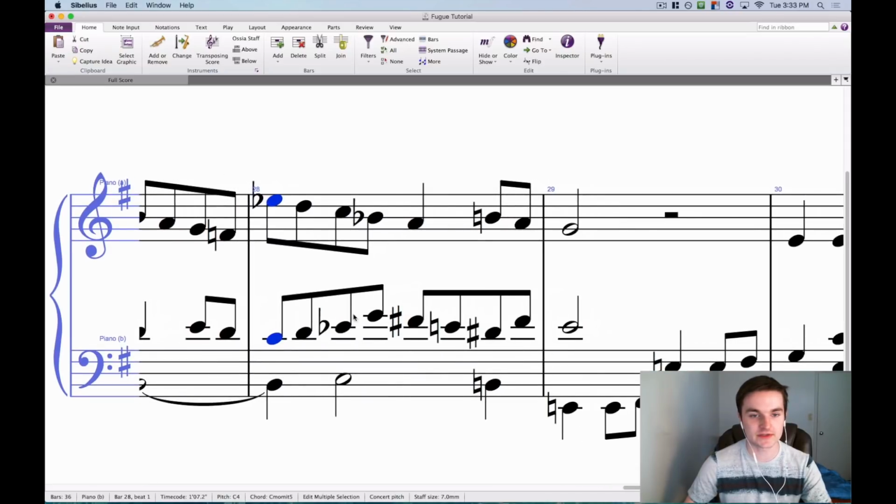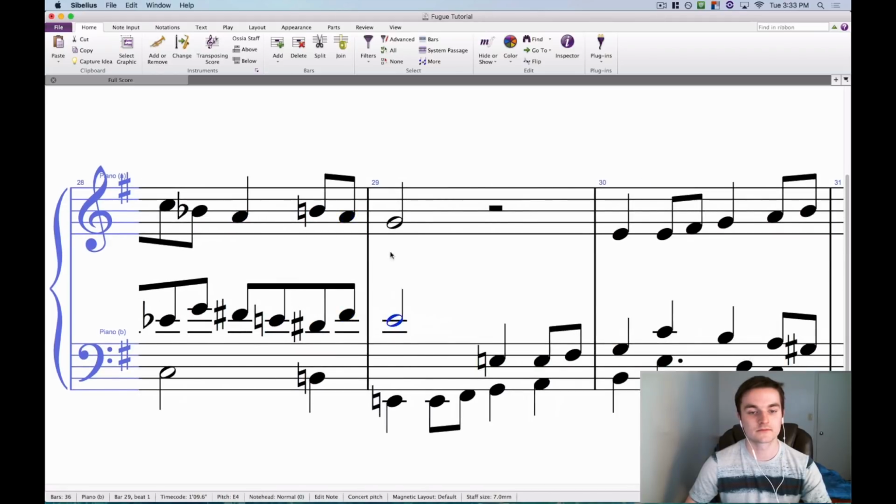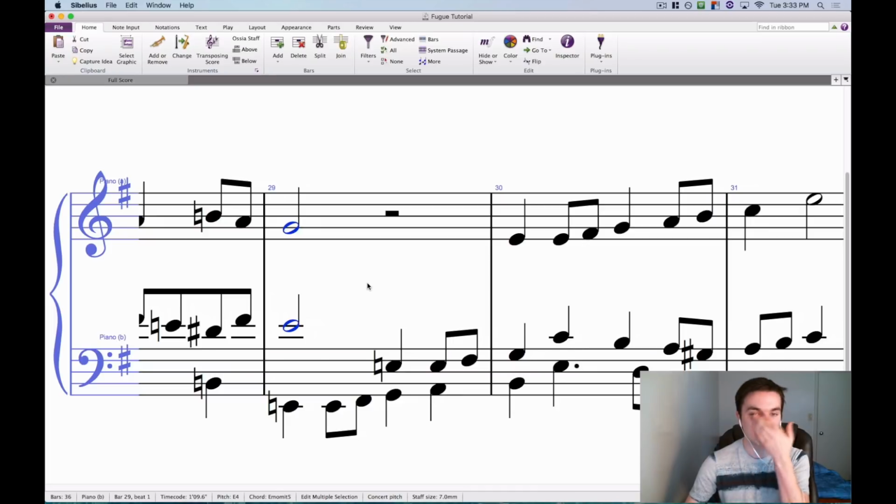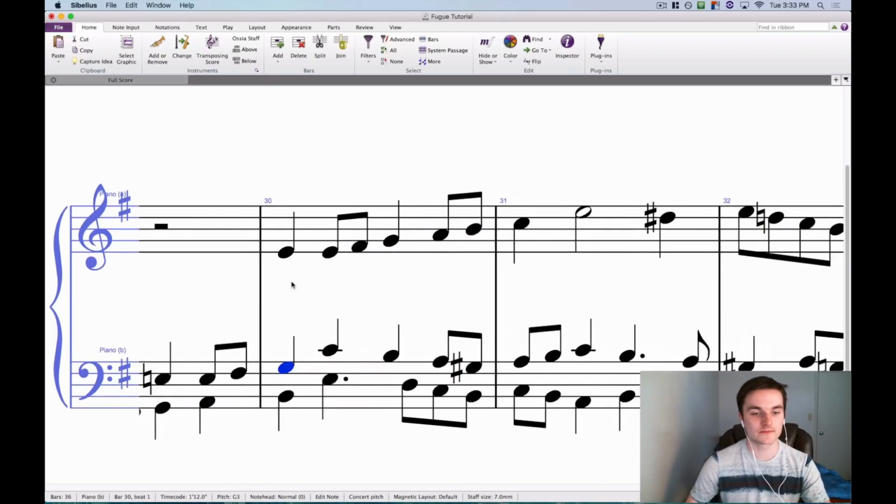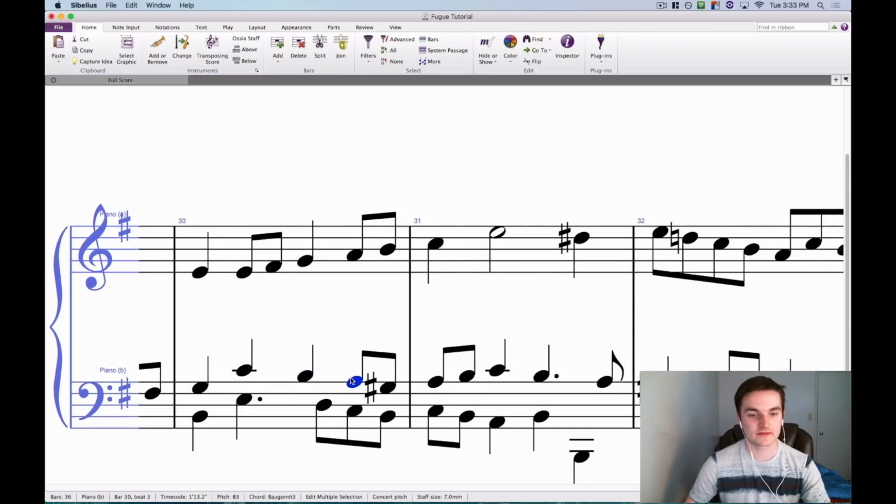So voice exchange. You see how common voice exchanges are, right? Third, fourth, which is treated as a passing tone, sixth, third, and then we have third. All right, moving onward. Sixth, third, passing tone fourth, sixth, voice exchange, except for